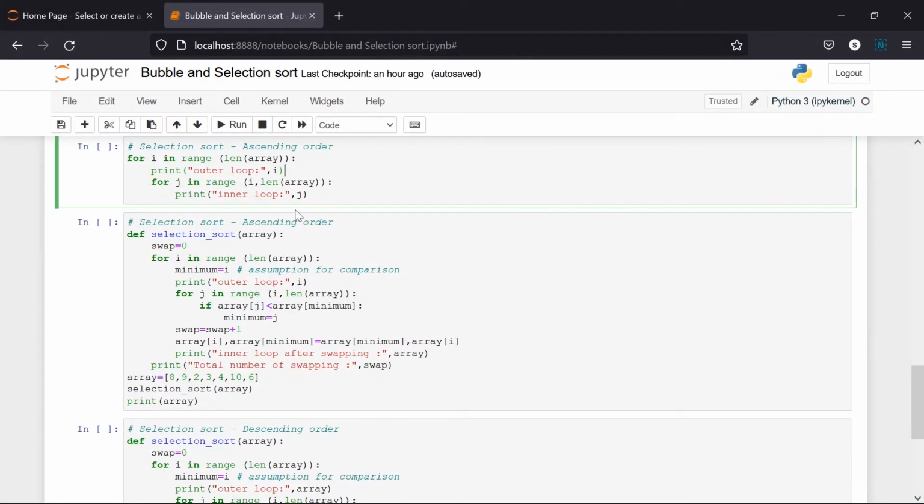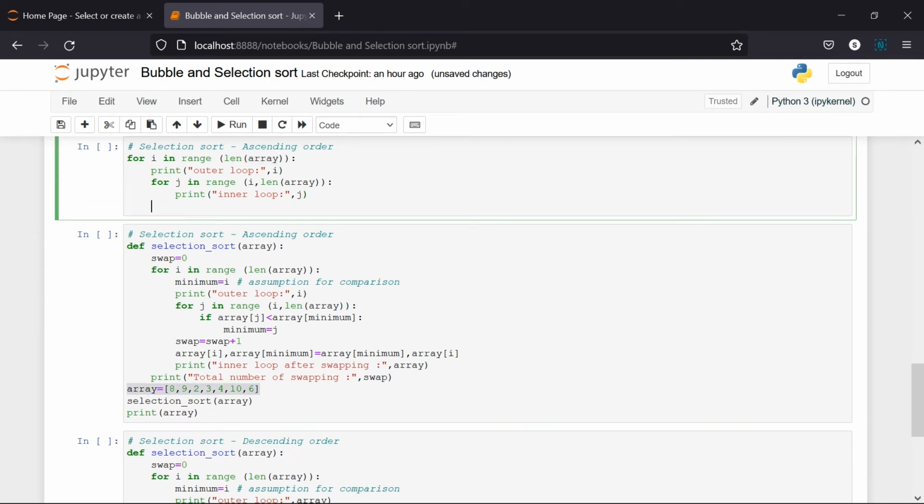Yeah. So we are going to convert this into programming methodology, right? So this iteration has to happen for the length of the array, so we are going to calculate the length of the array. So what is your array? This is your array. So I can give you the length of the array here.